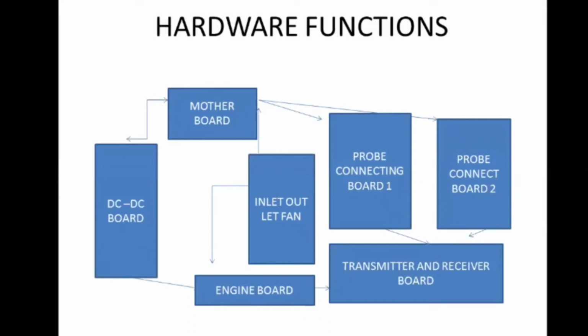So what is a transmitter and receiver board? You will get an image. Basically, the transducer will pick up an image from the body, it gets processed, and then the image will come back on the monitor, right? This entire process happens in seconds. Whenever you keep the probe, you can see the entire image inside the abdomen, or you can see the heart, everything. It happens in seconds, just because of the transmitter and receiver board.